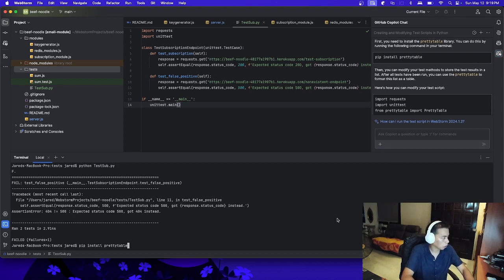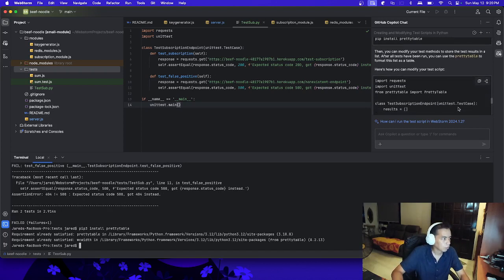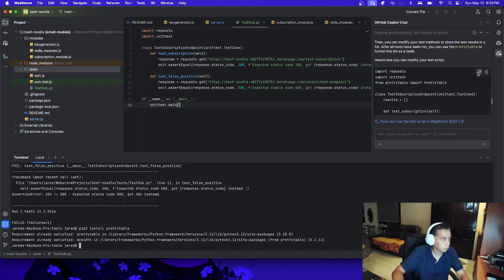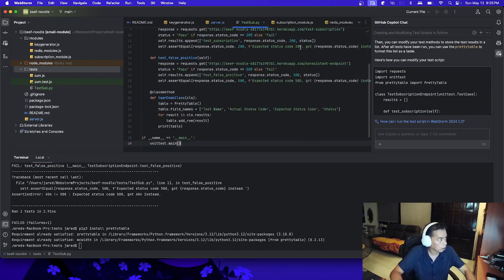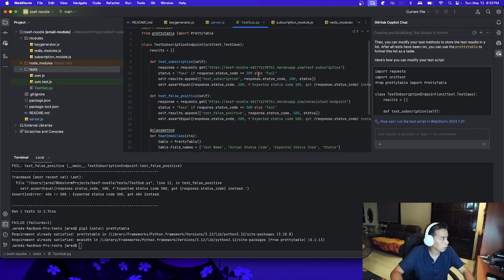So let's install that particular module called pretty table. Then, okay, it's already satisfied, meaning it's already there. So we just need to copy and paste this entire code. So let's go check it out. What does it say? Results.